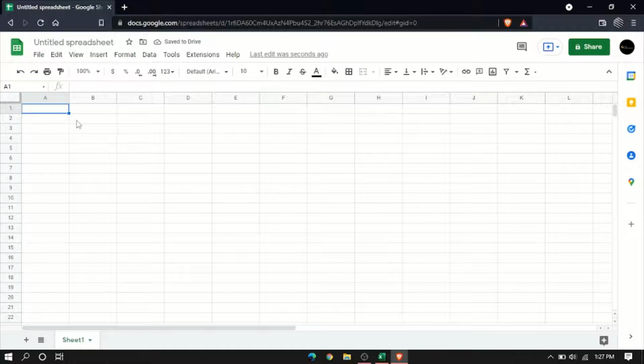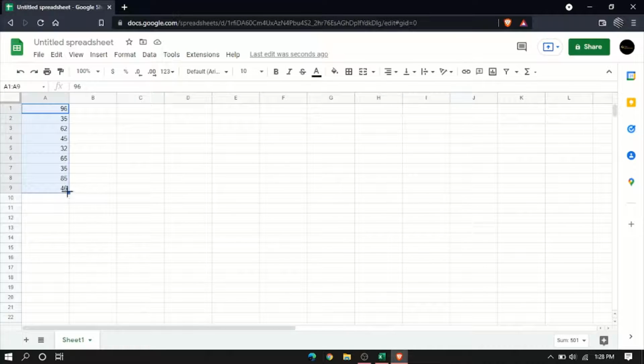Now I'm going to show you a big math calculation, but in Google Sheets the quick analysis will not come up, so we should do it manually. Put some random numbers, then copy this table.